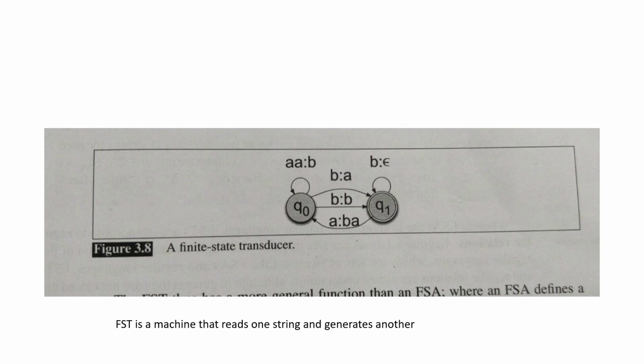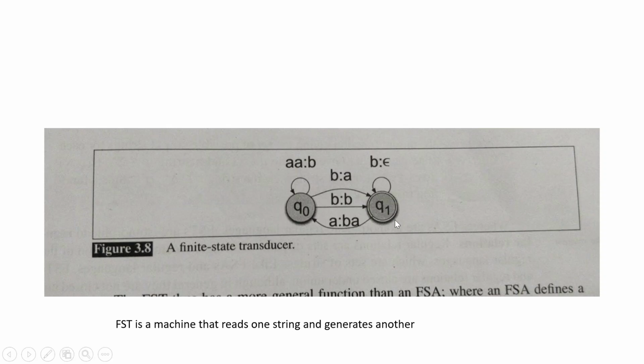Okay, this is an example given. So you can see this diagram looks like a finite state automaton itself, right? But the difference, if you look at it, is what is being labeled on the transitions. Generally, what we say is you make transitions on some input string, but here you have a colon and there is something given here. That is, for A as input, what is the output going to be generated? That is also given as part of the transition. So that is a difference in the case of a finite state transducer compared to a finite state automaton.